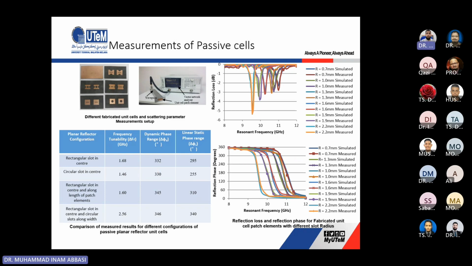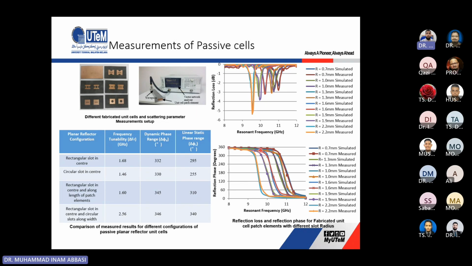So why we have different dimensions of our design here is that, let's say if we choose this design, this is one sample of circular slot. We vary the radius of the circular slot so that we can have different phases. When we want to design the array, we need to have elements with different phases. So this is how we get the different phases. And then we can see that it is covering a good